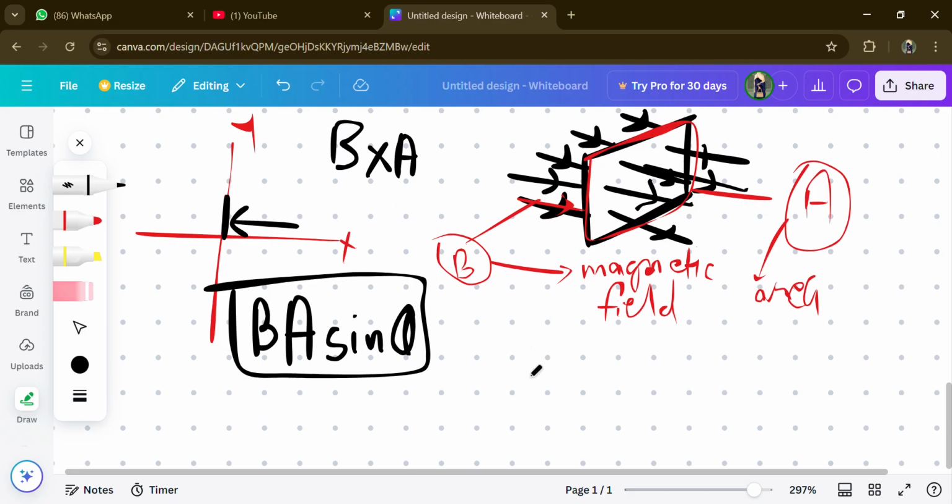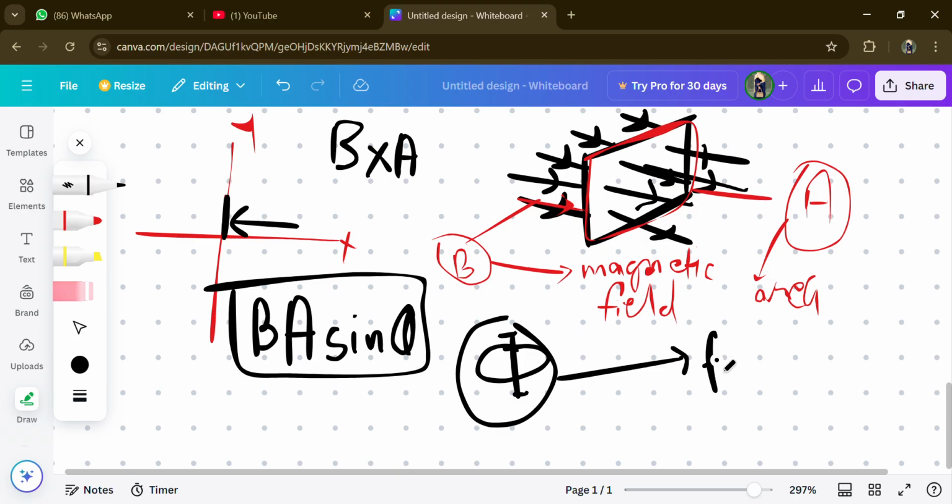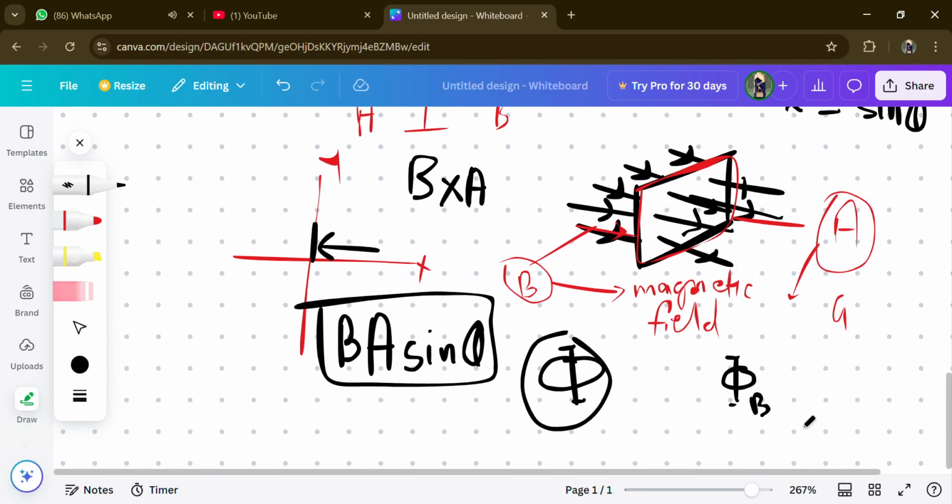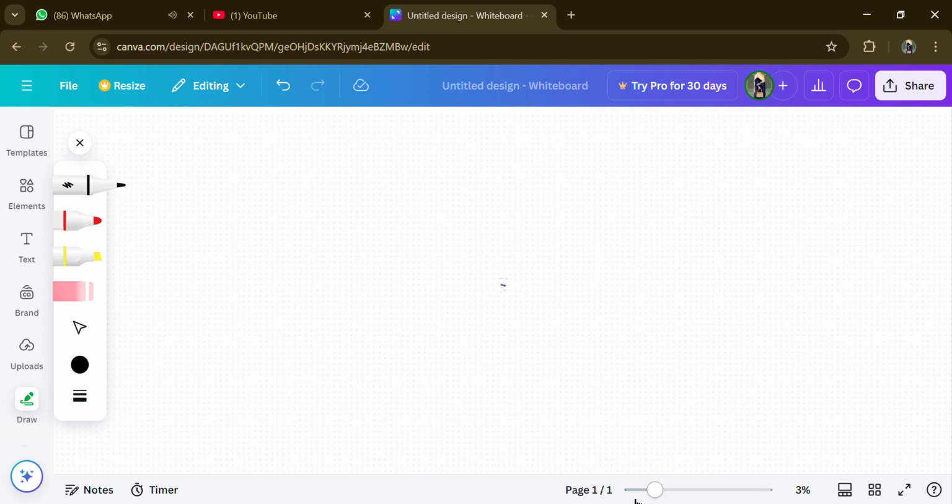Now, magnetic flux is shown by phi. This is the symbol of phi. Now, phi is an official symbol for all the things that are in the form of flux. It can be radiant flux as well. It can be magnetic flux. It can be electric flux. But what makes phi different for magnetic flux is that we write a small b with magnetic flux to showcase that this is about the magnetic field, since we know that the magnetic field is shown by